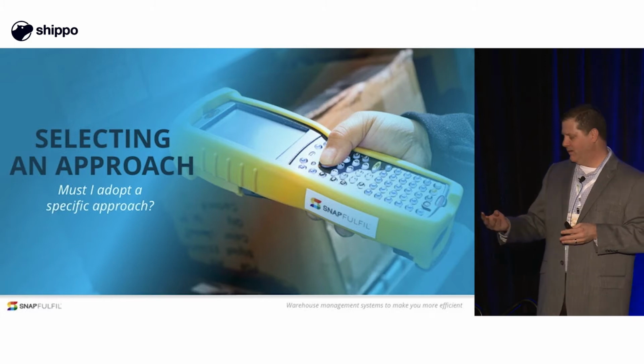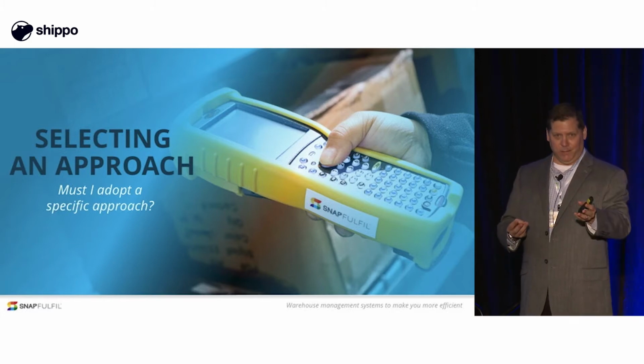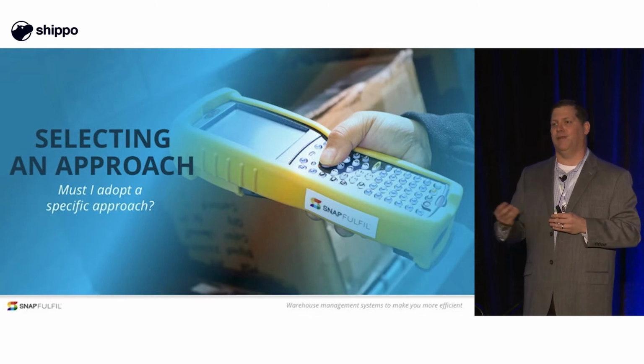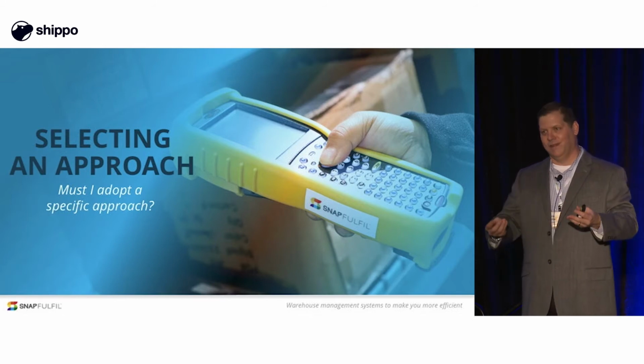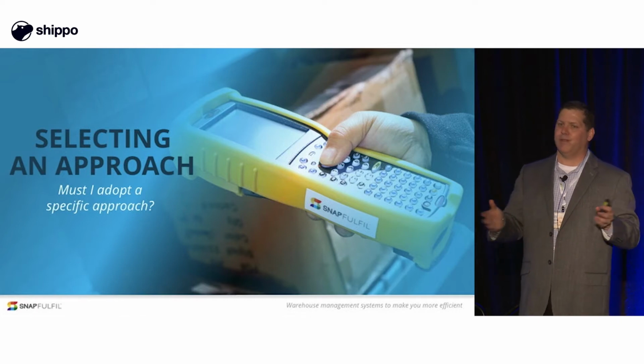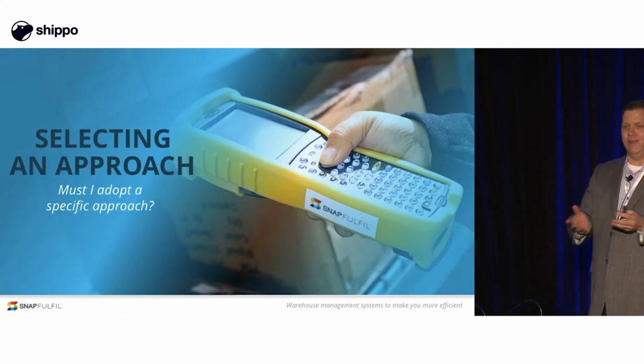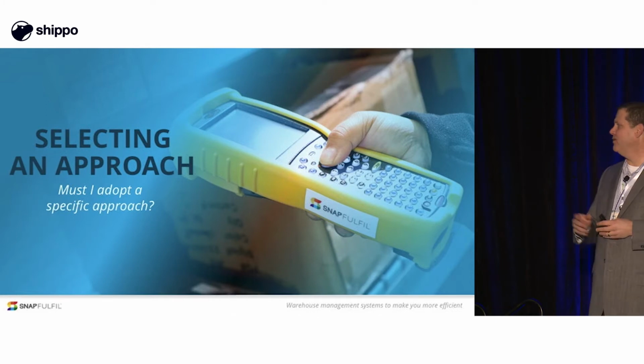Folks that have TQM, total quality management experience from a decade ago, right? Folks that have read the theory of constraints and understand that process. So figure out what skills you have, and then hybridize that model to help your organization change, right? Other things you can do in here,